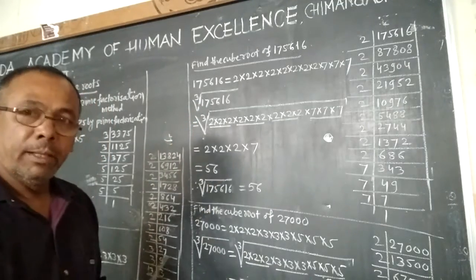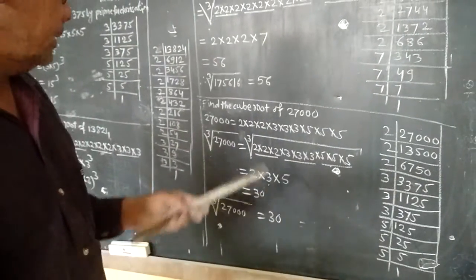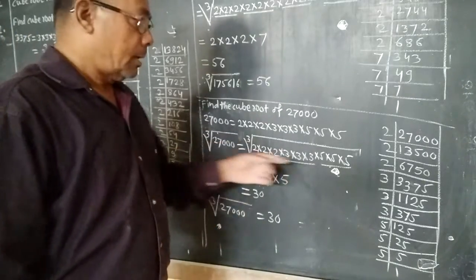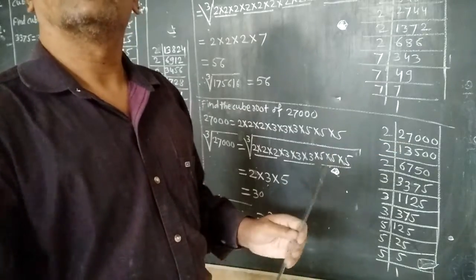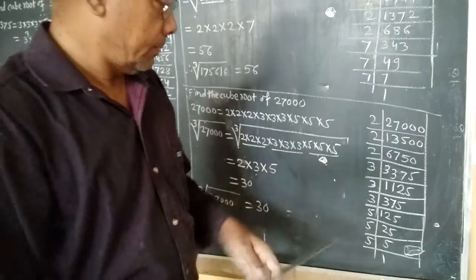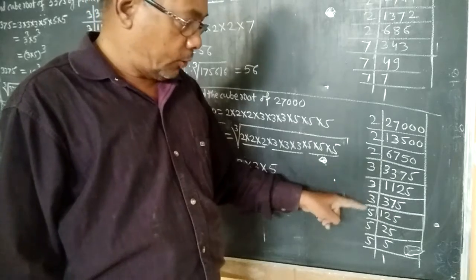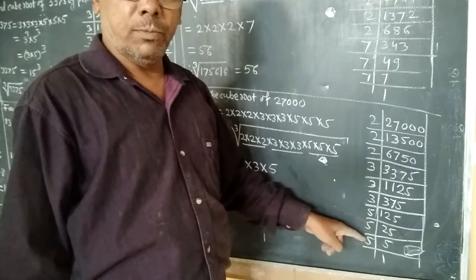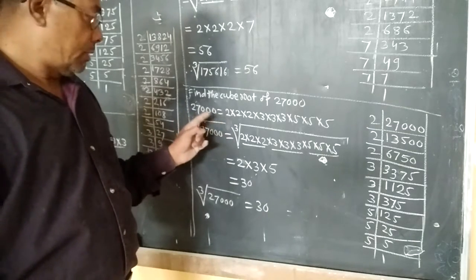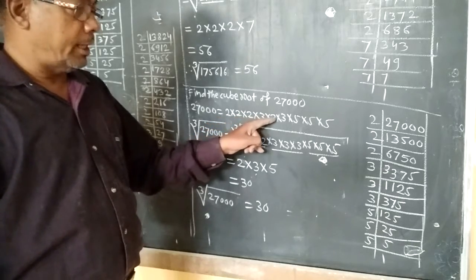Again there is one more example we have solved here, that is, find the cube root of 27,000. So here I have factorized 27,000, and after factorization we get 2 into 2 into 2 into 3 into 3 into 3 into 5 into 5 into 5, and if we write 27,000 in factorization form, we get 27,000 is equal to 2 into 2 into 2 into 3 into 3 into 3 into